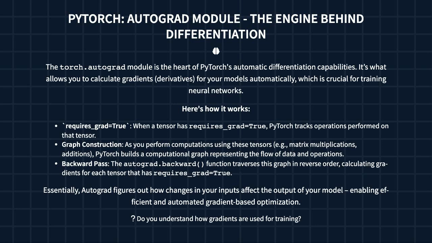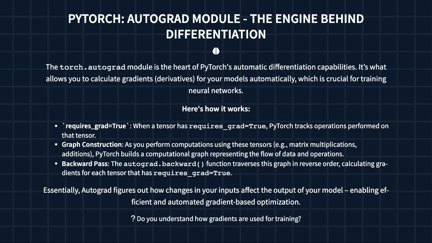Then, when you want to train your model, meaning adjust its parameters to improve performance, the autograd backward function comes in. It goes through that graph in reverse, figuring out how much each parameter needs to change based on the desired outcome. It's like a chain reaction of calculations, making gradient-based optimization possible without you having to manually calculate derivatives